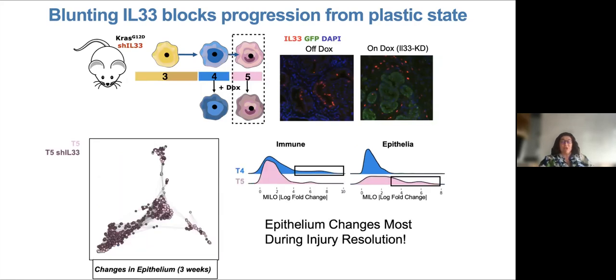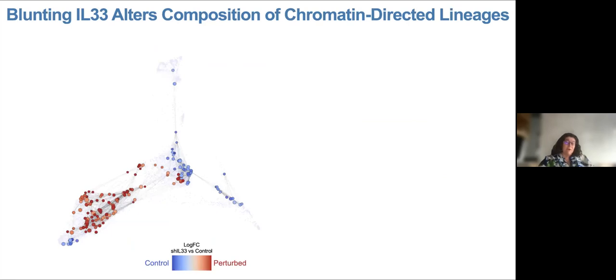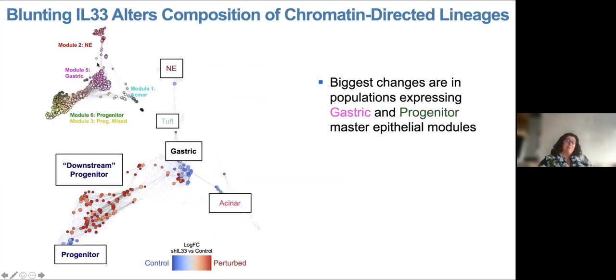But when we look towards injury resolution, when we look at what happens 3 weeks later, we see that there's not that big of a change to the immune system, but actually there's a very dramatic and substantial change in the epithelium compartment. So zooming in, we wanted to see, okay, how does the epithelium change 3 weeks after injury? What are the populations that are changing, and how do they map back to the populations that we've been talking about all along? So now we can map each of these populations to all our different communication modules that we've been talking about and that we've mapped earlier.